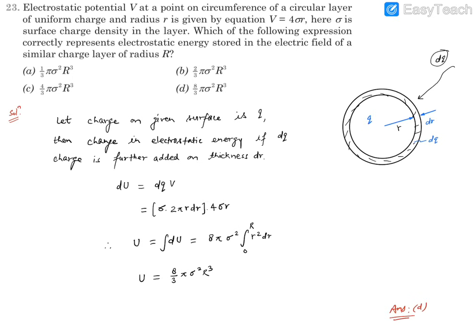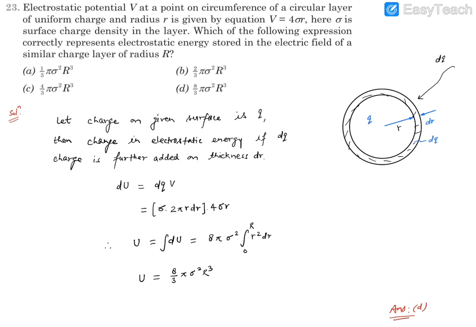Now, if we bring this dq charge and deposit it on the circumference to create the extra radius dr, there will be a change in potential energy. This change in potential energy is equal to the charge that we brought times the potential in which that charge has been placed. Or you can also say this is the work done by the external agency, dW. So dq is the charge that we are bringing, and it is being deposited on the surface or location where the potential is given by V equal to 4 sigma r.